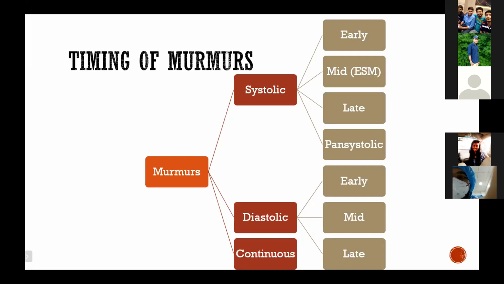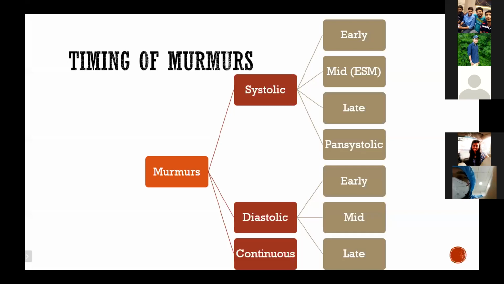But if that is not possible, then we can do something called the inching technique of Harvey and Levy. So what is this inching technique? It's something which we usually do. We basically have to start from one end of the precordium, either from the apex or from the base. For example, if you're starting from the aortic area, we know that in the aortic area, S2 will be louder than S1.